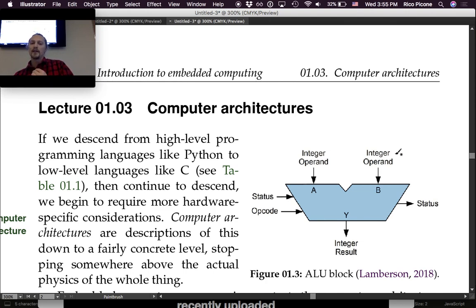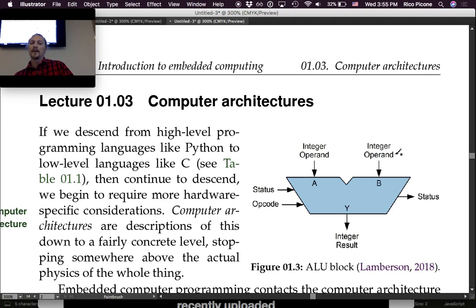Computer architectures are descriptions of these more hardware-specific considerations, down to a fairly concrete level, stopping somewhere above the actual physics of the whole thing. So a computer architecture typically doesn't get into, except for very exotic ones,